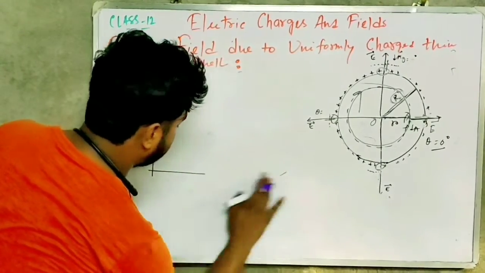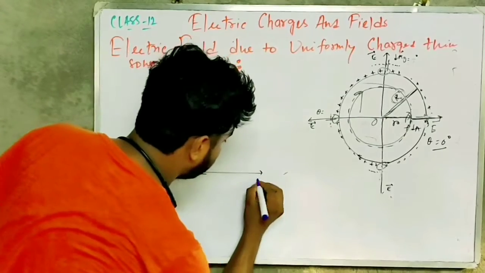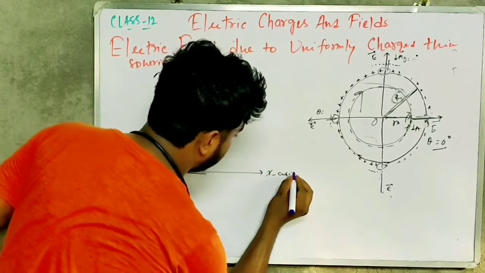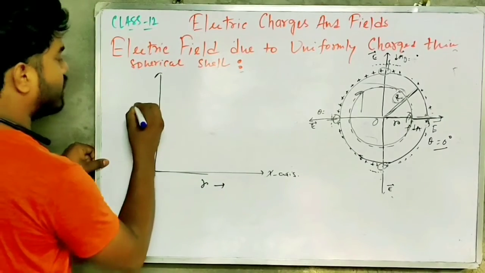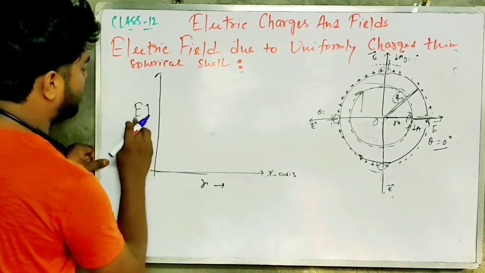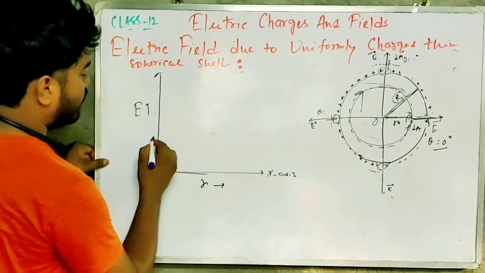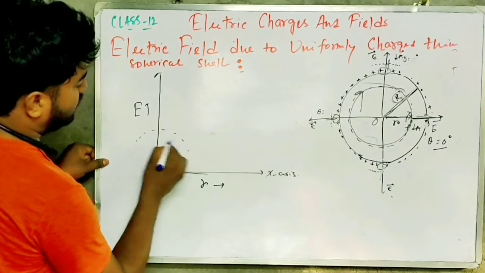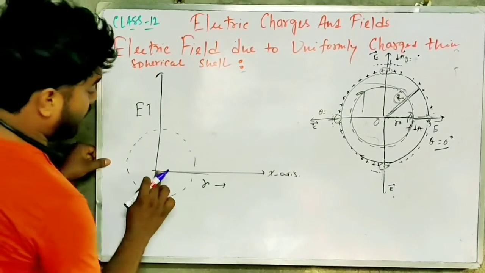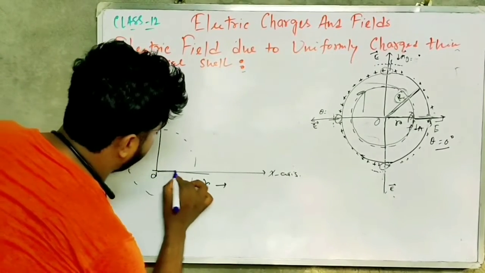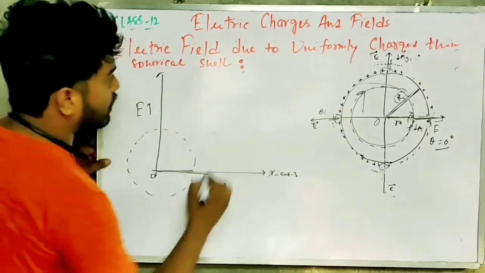This along the x-axis represents distance r, and the y-axis represents electric field E. We consider a thin spherical shell here, and inside, up to this point, we know that